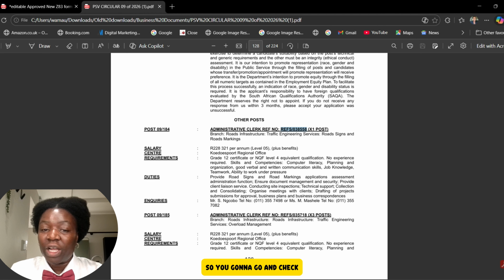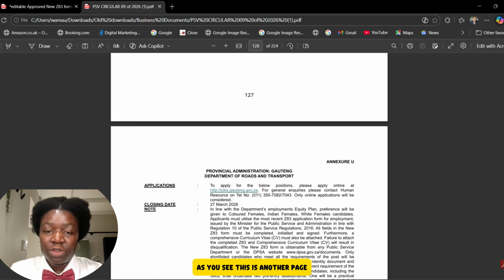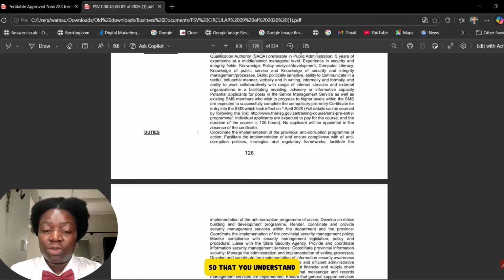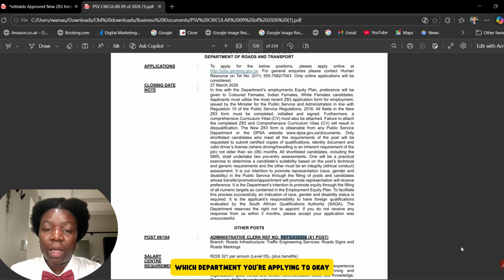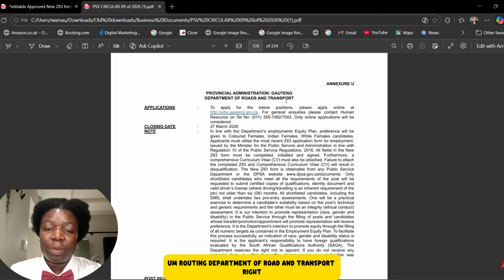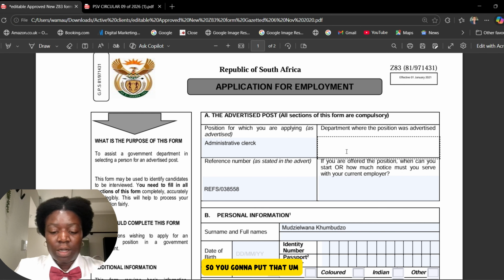So you're going to go and check at the beginning of the department. As you see, this is another page. This is another department. So just pay attention to that so that you understand which department you're applying to. Okay, so here, the provincial administration, Gauteng Department of Road and Transport, right? So you're gonna put that